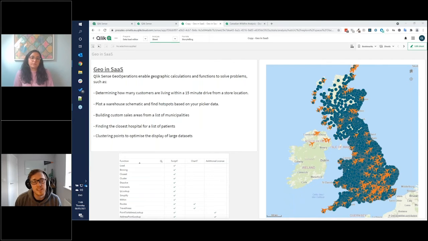Other use cases include things like plotting a warehouse schematic, and then you can use things like your picker data to then find hotspots and then optimize where particular products, your high volume products are positioned within your warehouse to make it more efficient. Other use cases include custom sales areas, being able to map the closest location from A